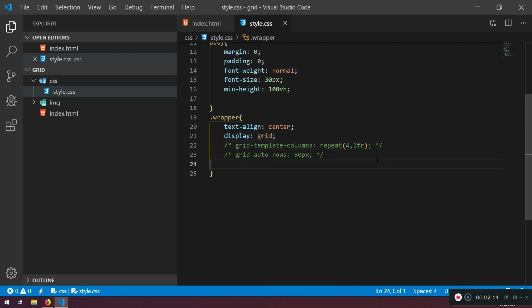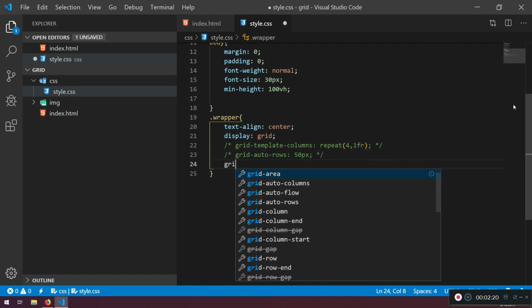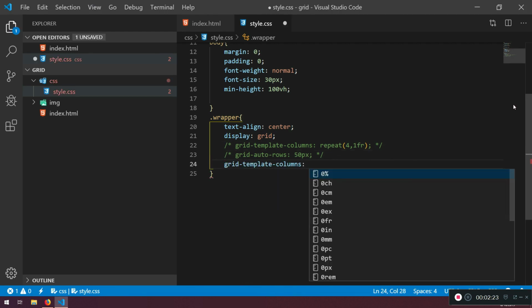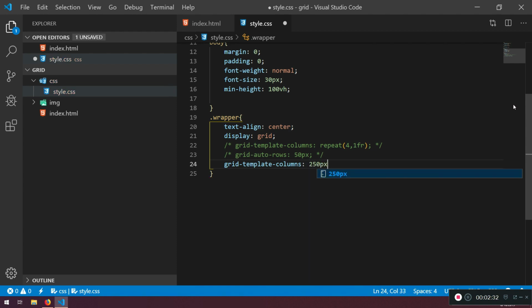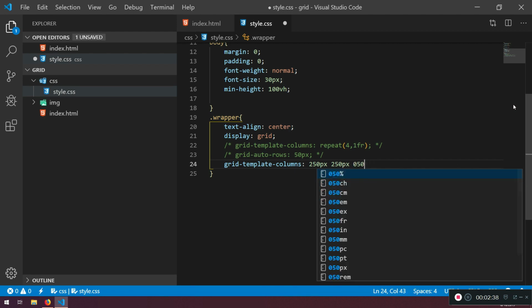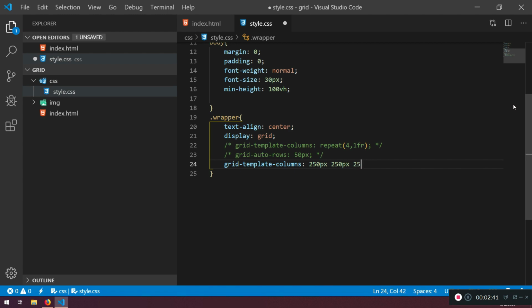In grid template columns, let me make a little bit more space here for me. So grid template columns, I can choose here, instead of 1FR, which you will know, we can put 250 pixels, for example, and let's put 250 pixels again, 250 pixels again, 250 pixels. So you need to have a space between, not comma, and that will define that there are 4 columns. So if I save it now,